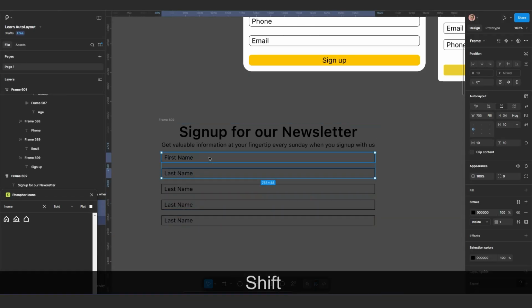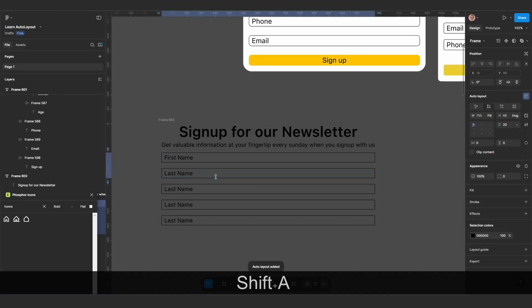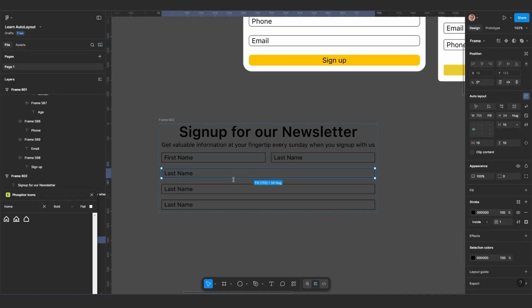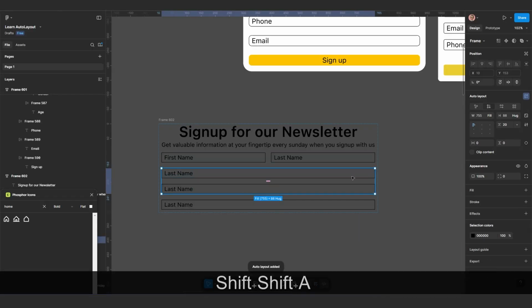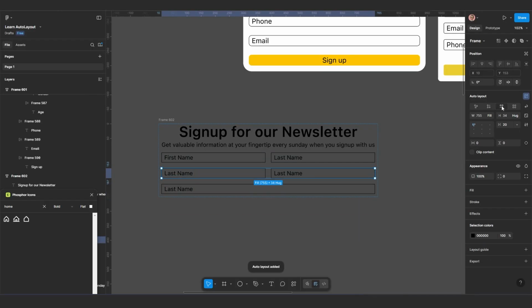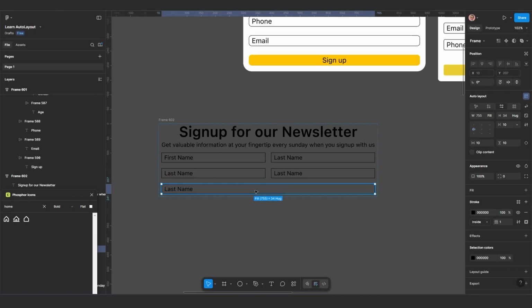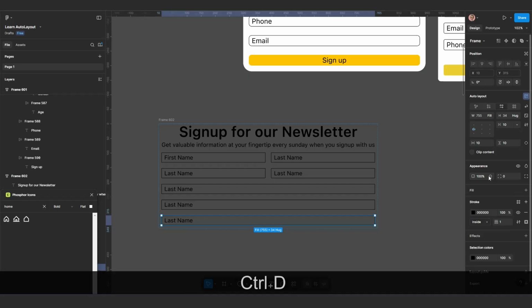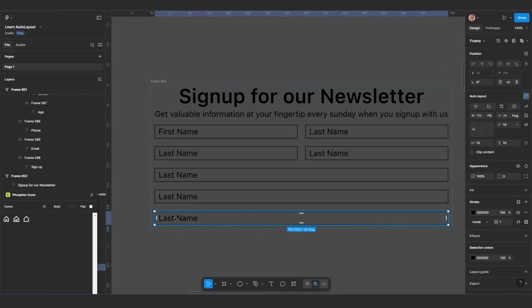Since this one and this one need to be together, Shift A to add auto layout on those two and set to something like this, and select this one, Shift A to add auto layout on them and set it to horizontal, and duplicate this one into 2 or 3 so that we can now make this one the button. Now the button,